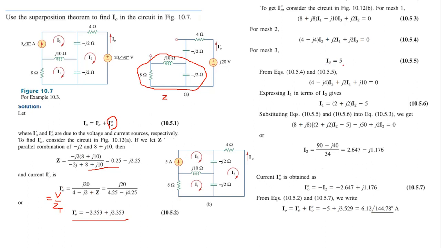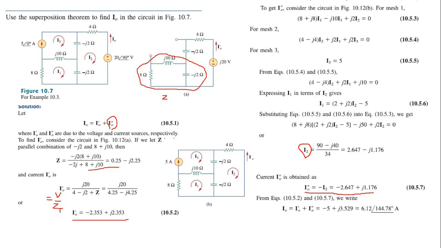Now substitute the value of I3 in these equations, and you will have 2 equations. Simplify these 2 equations to find out the value of current I2, because I naught is equal to minus I2. Look at the direction of current I naught and I2. These are opposite in direction. So once we find the mesh current I2, I naught can be found out as minus of I2. So this is I naught double dash.